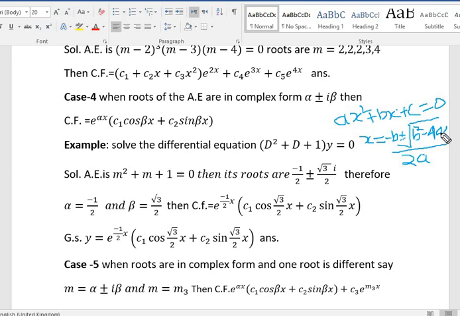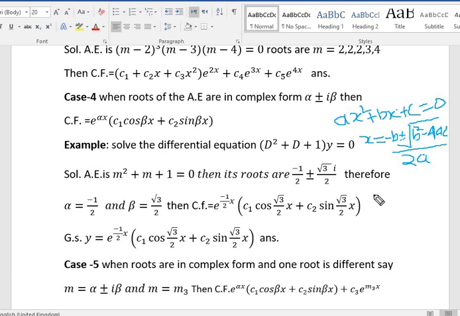This is 4ac. What does that mean? Write the coefficient of x square, coefficient of x and constant term. So see that one, when I use this one, a means here 1, b means here 1, c equal to 1. When I use this one, or you can write by using calculator also, then it is coming minus half plus minus square root of 3 divided by 2 into i.